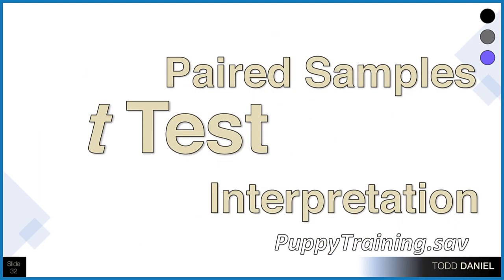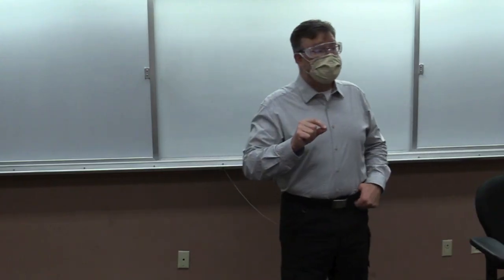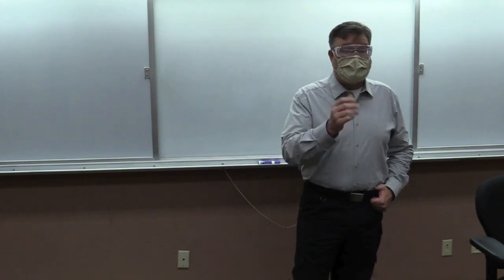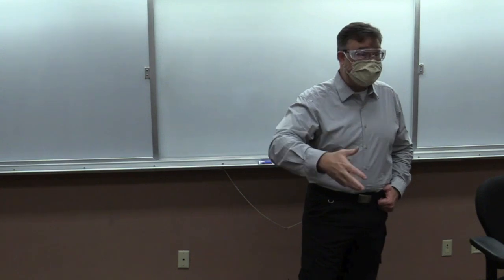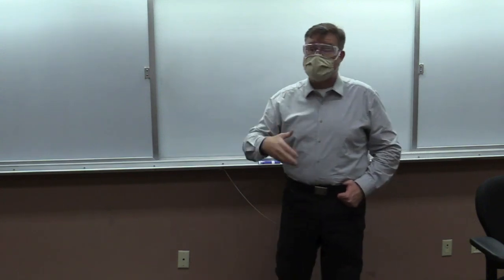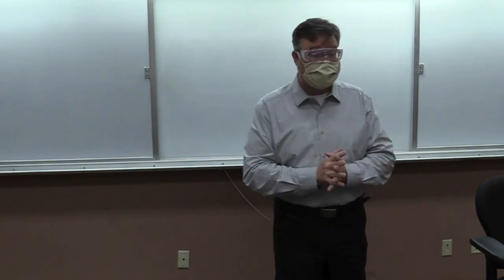So for this last section, I'm just going to go through an interpretation of a paired samples t-test and show you the things to look for in the output. On the videos that I've created for you, you can see all the steps for doing this test in JASP. But this time I want to focus on the research design and the interpretation and how we would look at these numbers and what we would look for in the numbers.